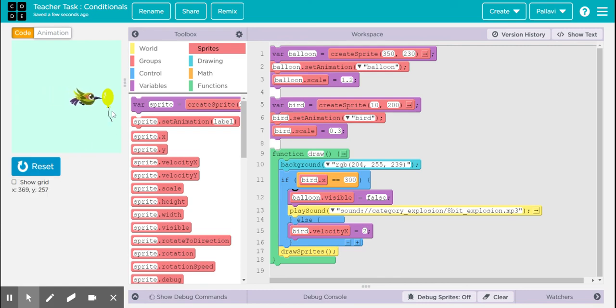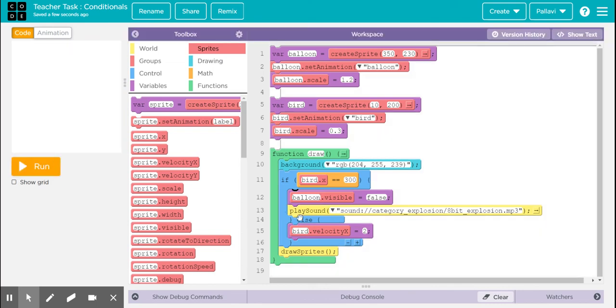And before it touches the balloon, what is being executed is the else statement, where the bird velocity x is equal to 2. So the bird velocity will continue to be 2 in the x direction until it reaches this value mentioned here.